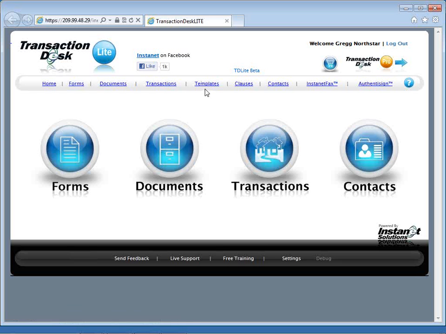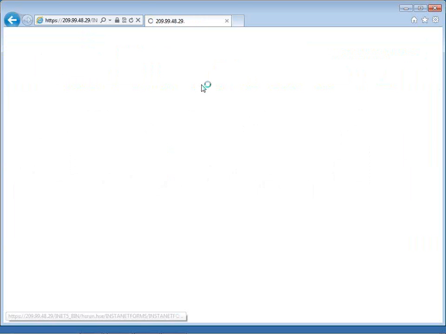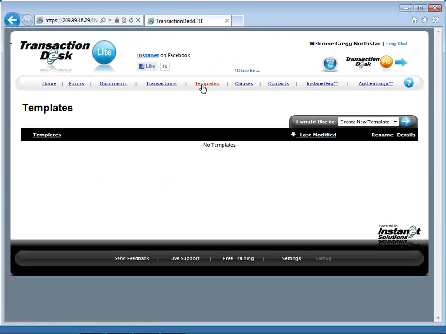I'm in the top third of the page, center of the screen, going right to templates, going right to the meat of it, clicking on templates, because that's what you're trying to do. You're trying to predetermine forms and items that you want to associate when you have that new file. Because let's face it, unless somebody's calling you, whether it's a buyer or a seller, you're going to start a new transaction file, and you know the core features that you want to add. So first thing we'd like to do, come in here, templates, we're in the templates function, that functional